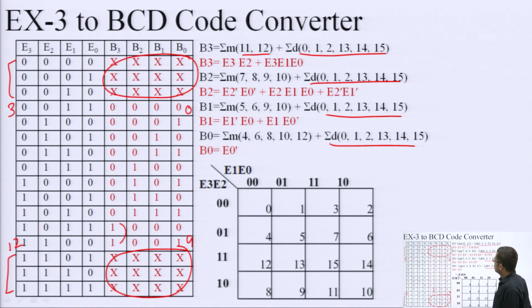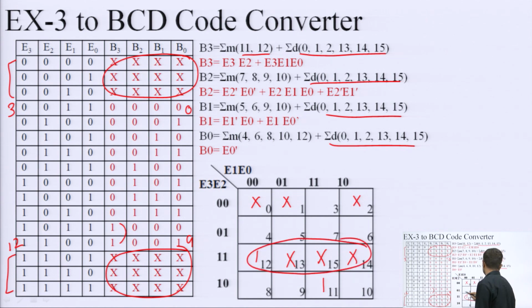So, now again these terms can be put into a circuit. If we check for this first one, this is 11 and this is 12, and 0, 1, 2, 13, 14, 15. So, we can check that this is my quad which corresponds to E3 E2, written here as E3 E2, and there is a pair here where one is common, that is E3, and this corresponds to E1 E0. So, that is why it is written E3 E1 E0.